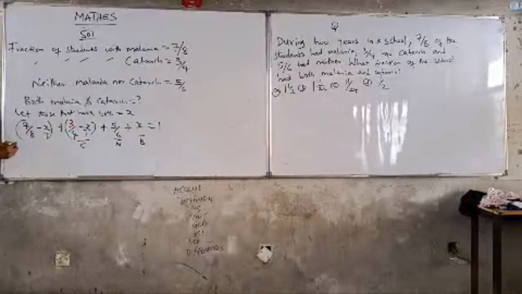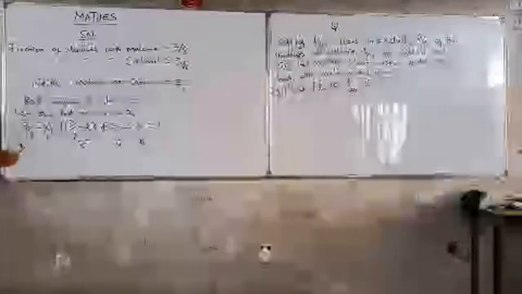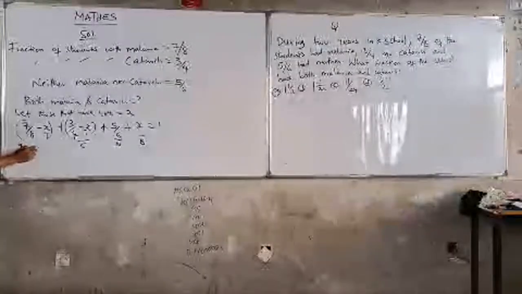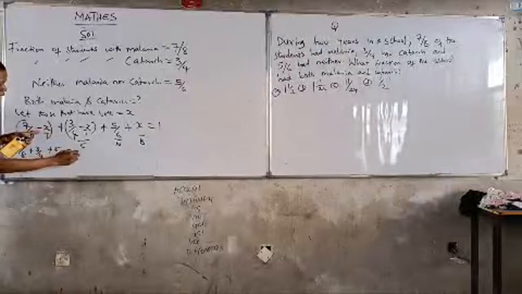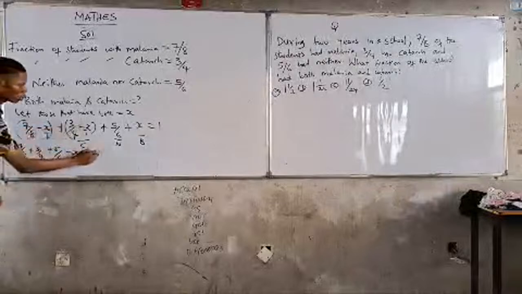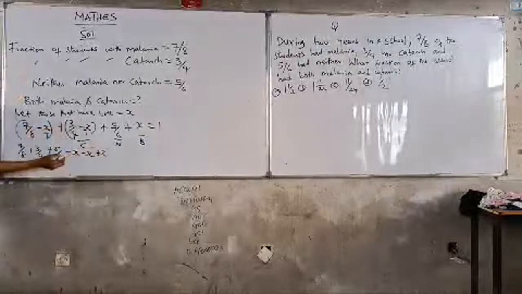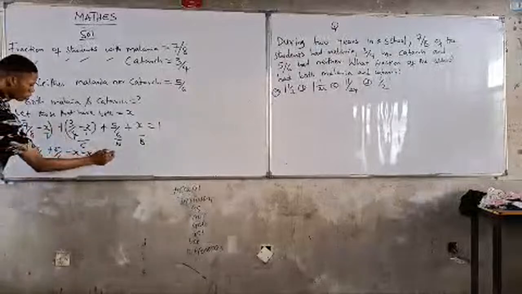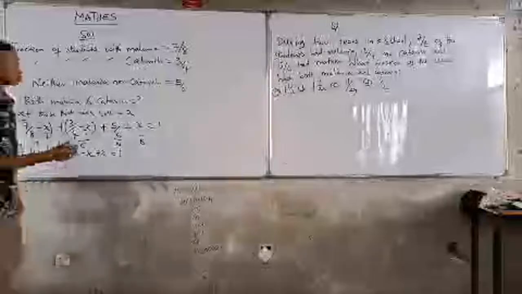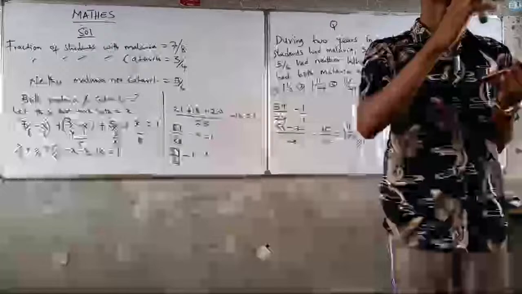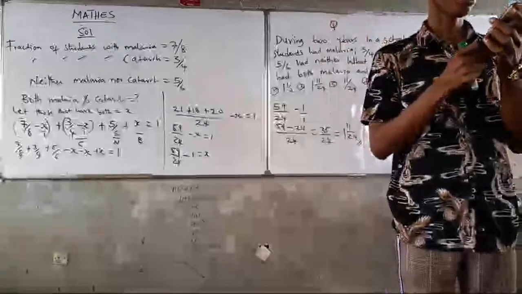We can collect like terms, right? So we have 7 over 8 plus 3 over 4 plus 5 over 6 minus x plus x, right? Equal to what? Equal to 1. Now in this case, let me bring it up here. The LCM of 8